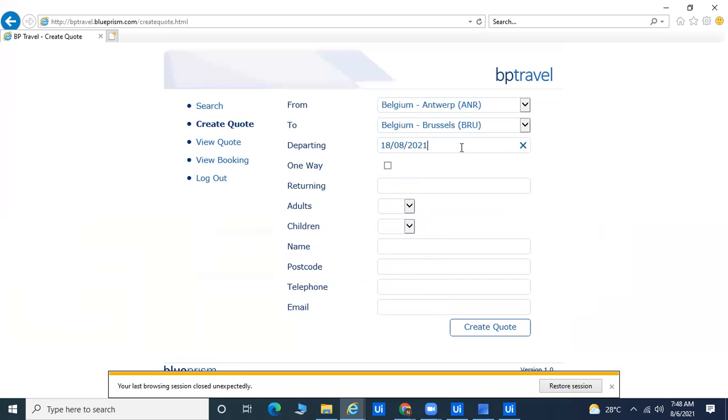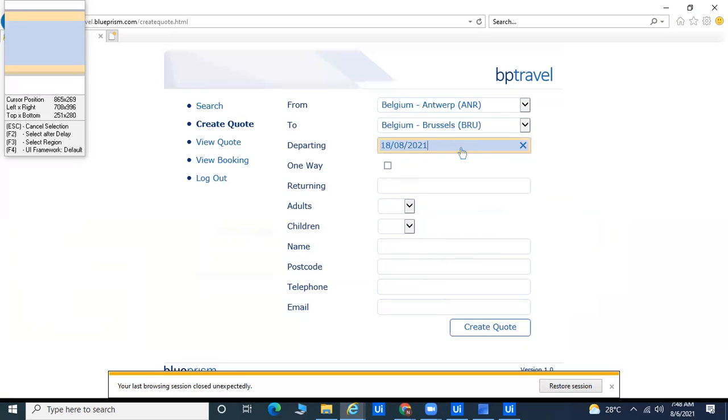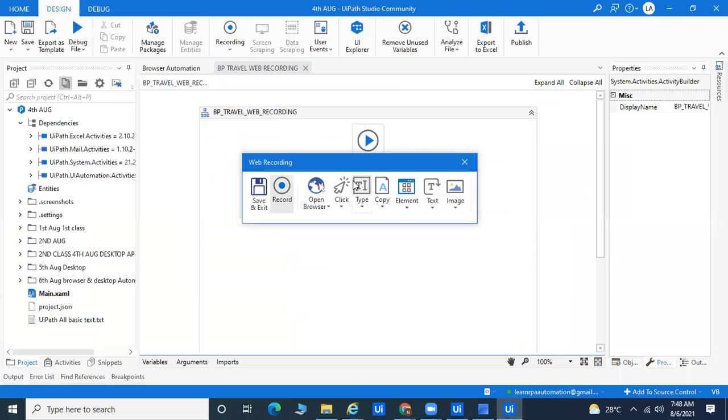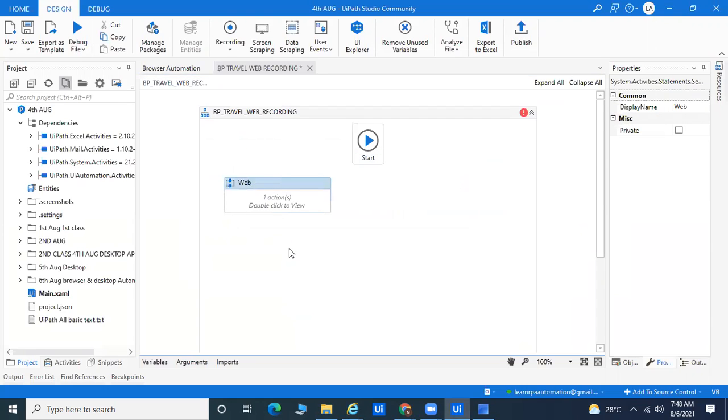I want to automate till here, I don't want to go further. In your Windows system, on your keyboard, we have an escape button. You can click on that and go for save and exit.